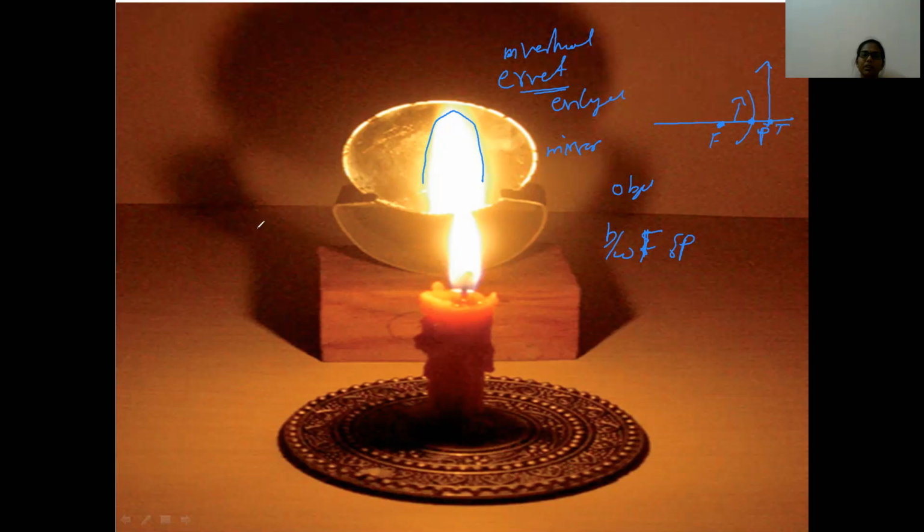I hope this is clear, right, children? How the image will be formed by the concave mirror when we place the object at different positions. In a concave mirror, the possibilities are: when you place the object behind C, the image will be formed between C and F. When you place the object at C, the image will also be formed at C only. And when you place the object between C and F, when